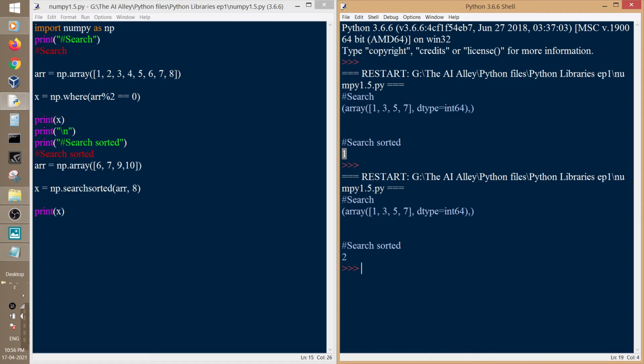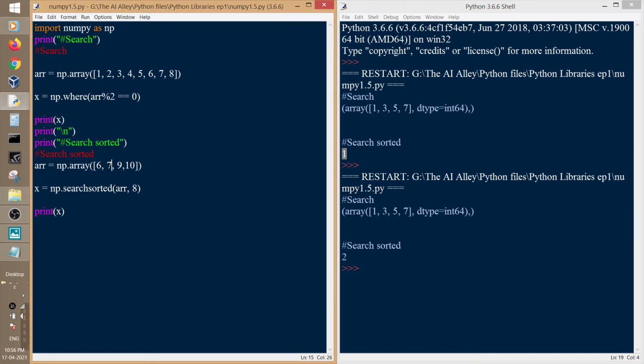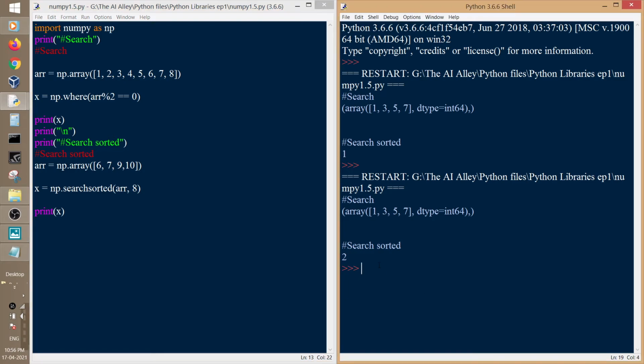It returned index 2 because 7 is less than 8, so it must be put after 7. So 0, 1 and 2, it must be put in place of 9, and the array must be extended further after 8. So you see here the value as 2.